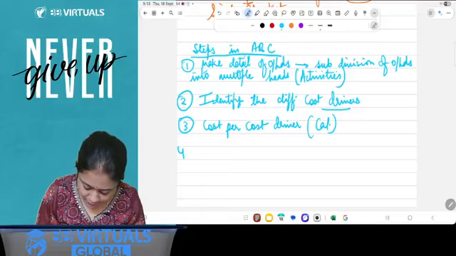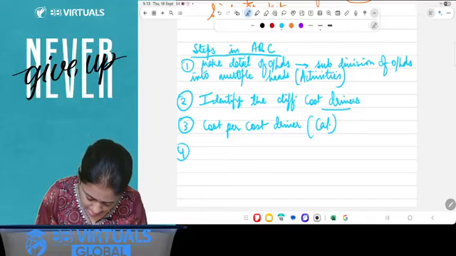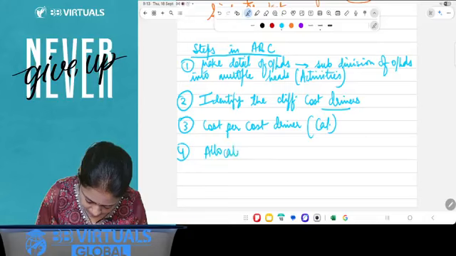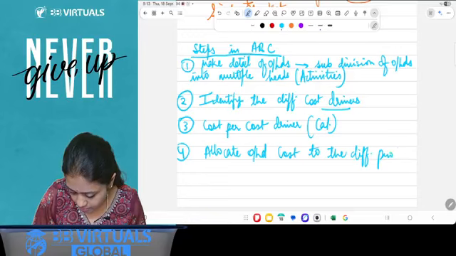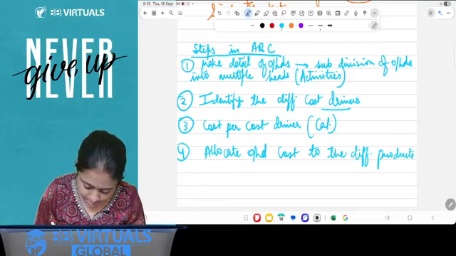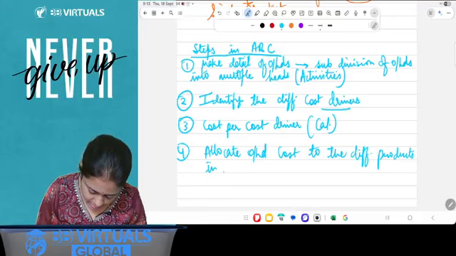Then the fourth step is, finally, allocate overhead cost to the different products in the ratio of